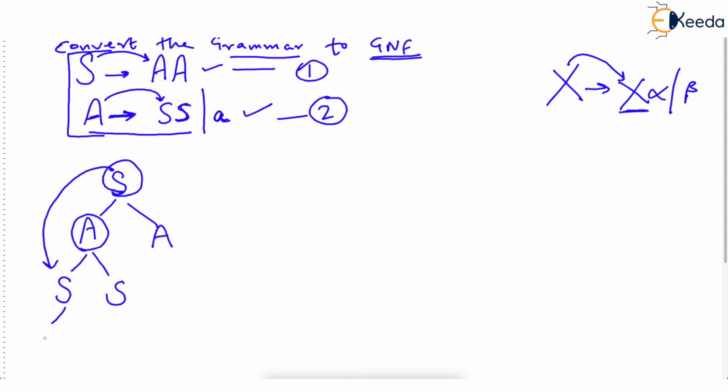Again, S can give us A followed by A. We have again used this production. But then this A will again give us S followed by S. You see this, that we started with S and again landed in S. So isn't this a left recursion? Yes, indeed. There is a hidden left recursion. What I mean, let's say I am rewriting the same grammar over here. This was the grammar given. Now I am saying S derives AA.